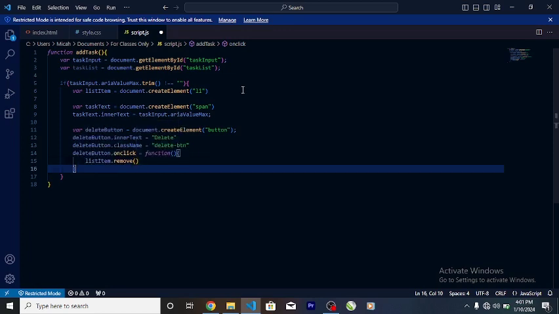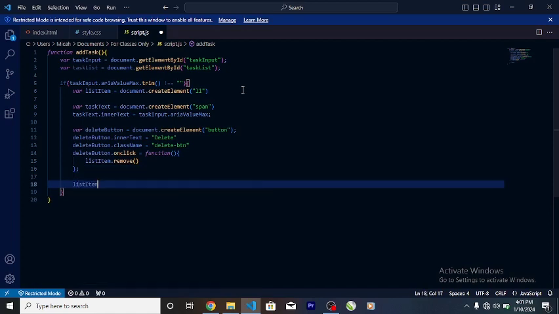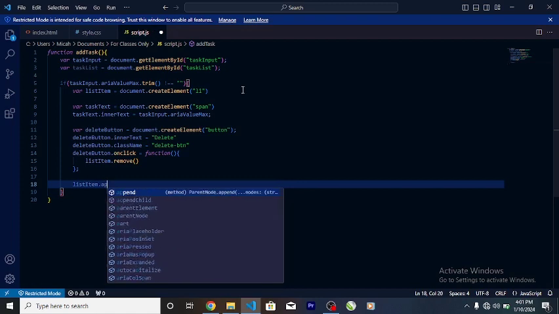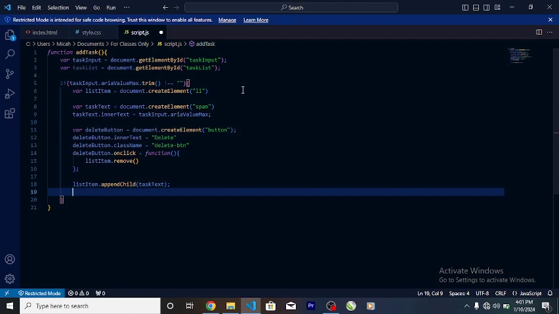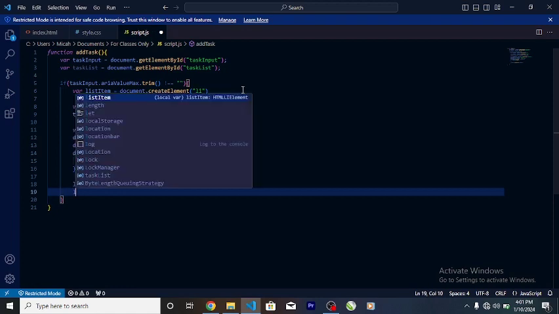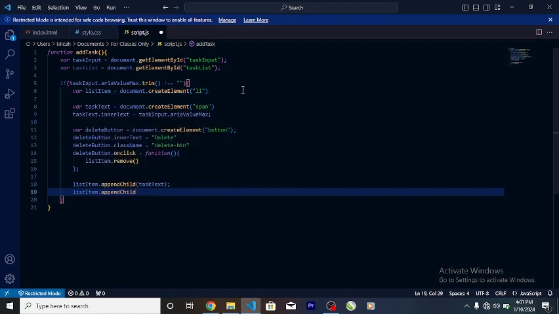So the next we're gonna say listItem.appendChild, and that's going to be taskText. And listItem.appendChild, and that will also be equal to deleteButton,